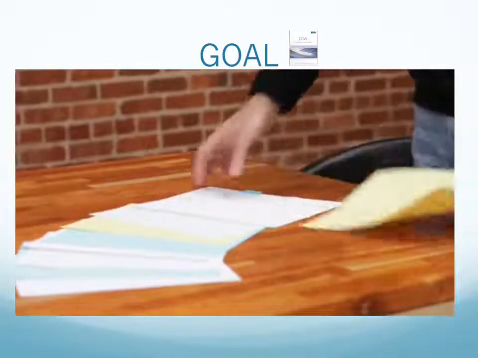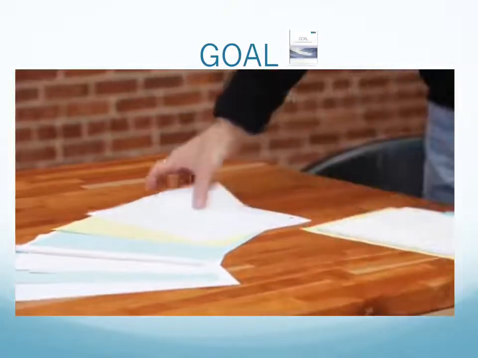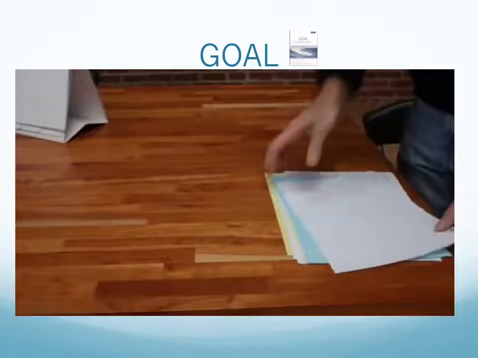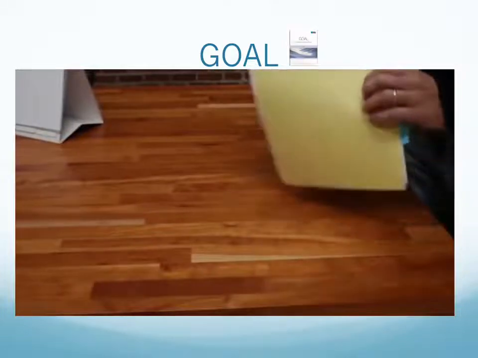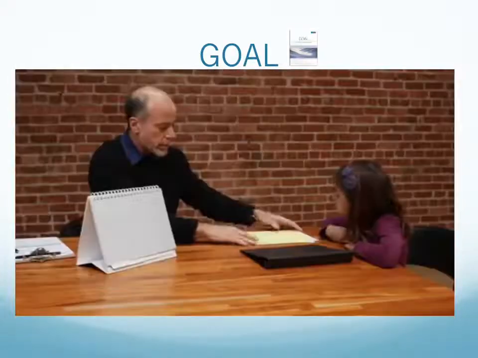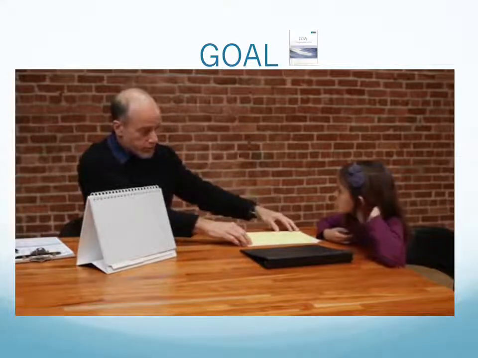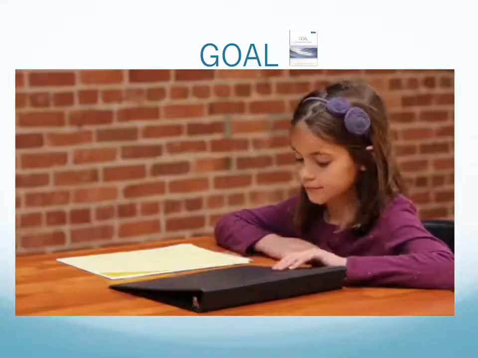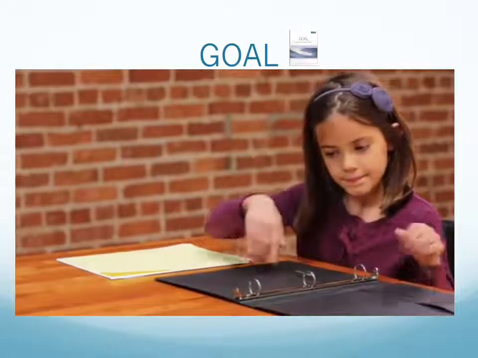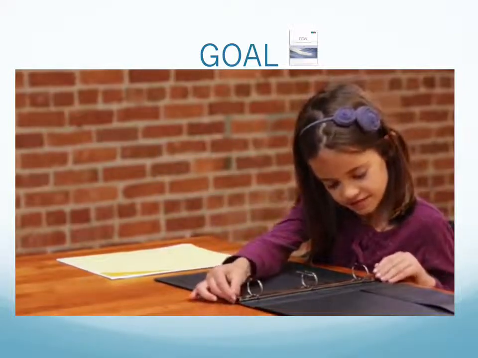For notebook, I stacked the sheets and dividers in the order specified in the easel. I also pointed to the tabs to show Anna the difference between the sheets and the dividers. Anna can earn credit for step N1 simply by opening and closing the binder and rings within the time limit.